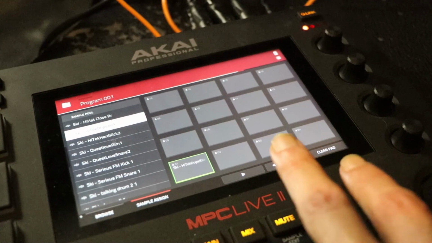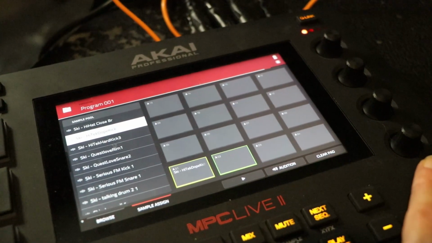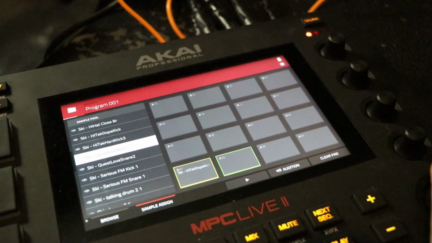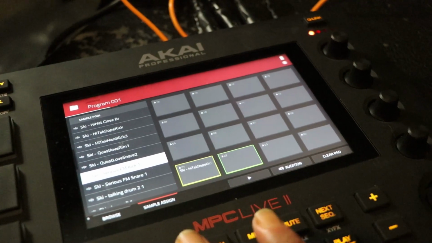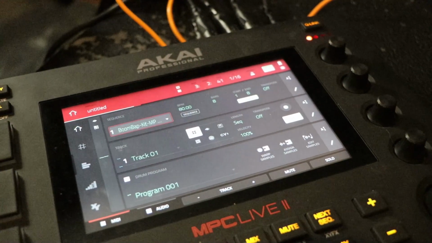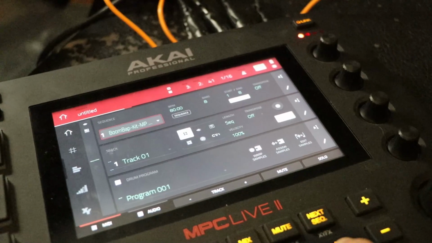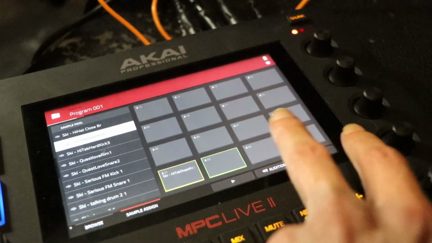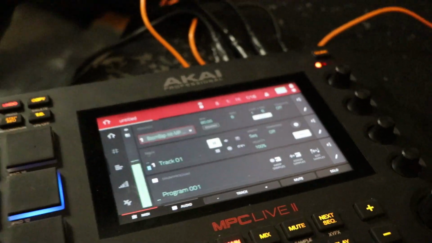You know what I'm saying? Because for me to lay out pads, it was kind of hard for me to understand. But if you look at the drum layout, again, while that's playing, you just hit assign samples and assign your samples. And I made a whole thing here